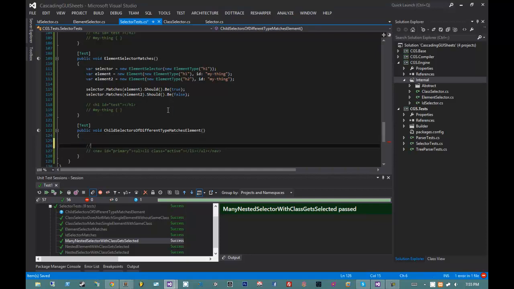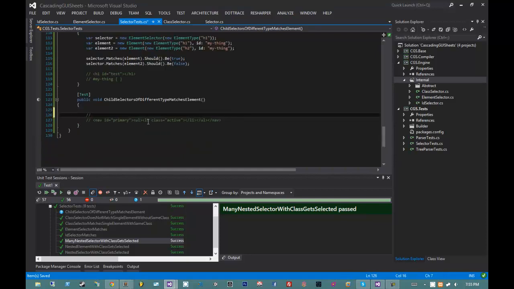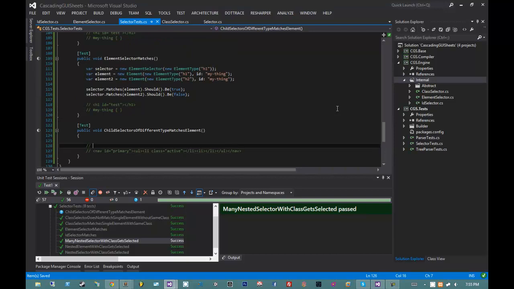And then I want to write a selector that will match just this one LI and not the other LI. I'm going to introduce two LIs into this. One with the class of active and one without the class of active. So the selector that I want to write is going to be